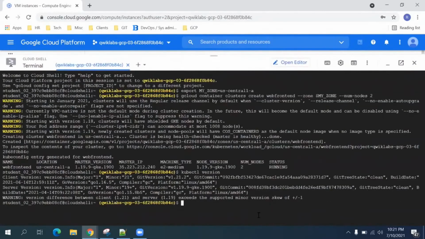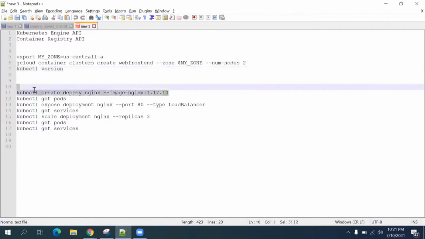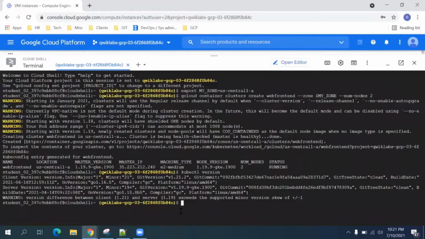From the Cloud Shell prompt, we will launch a single instance of the Nginx container. Nginx is a web host. In Kubernetes, all the containers run inside pods.